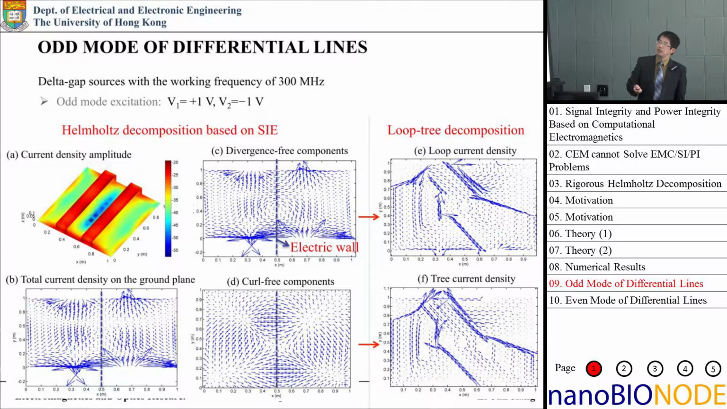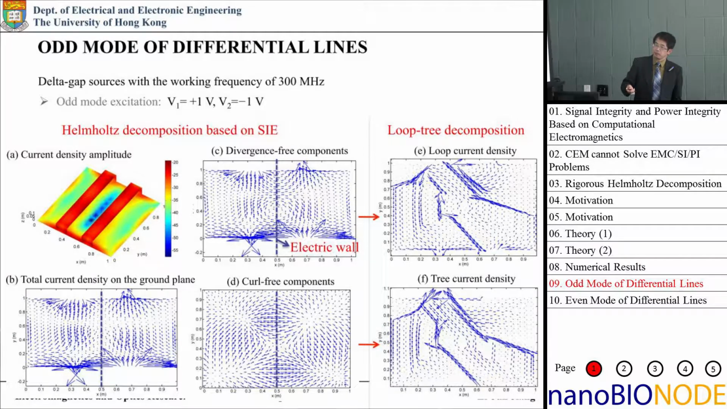Okay, then this is the divergence-free part, and this is the curl-free part. If we do not use this process and just use the conventional loop-tree basis, with loop current and tree current, then basically we cannot see any information from here. But if we use this rigorous Helmholtz decomposition, we can see the divergence-free part, where you have this loop current corresponding to inductive coupling,